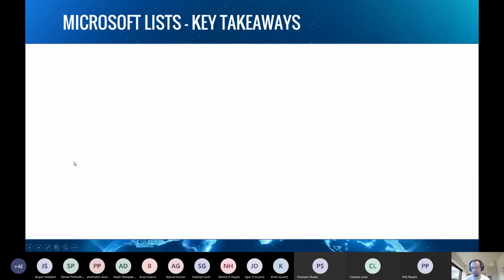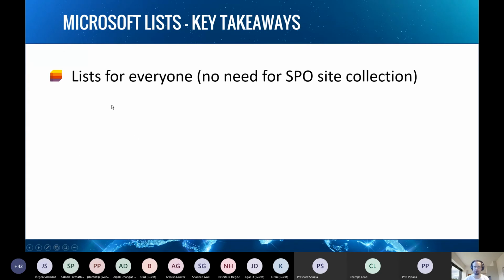So what about a few key takeaways? First, lists for everyone. That's very cool, because I have admin access for almost all of my tenants. But now every single person in the organization can create their own list without any additional IT support.